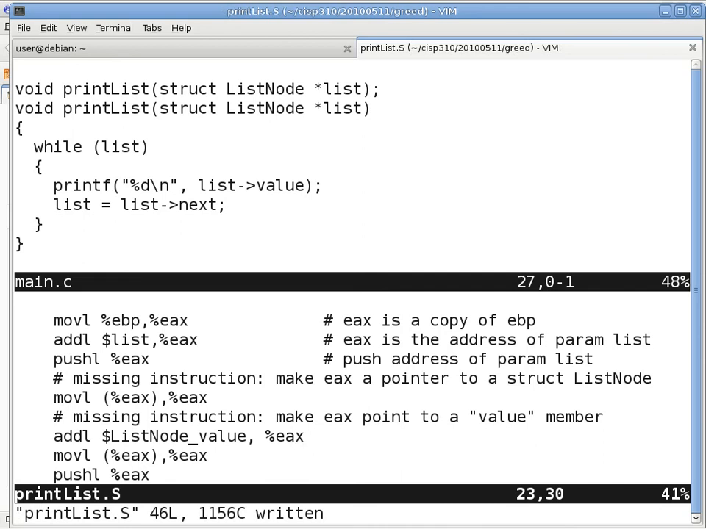Okay. So this is what you need to do with this type of question, is to track exactly which register is doing what in the program. So when I give you something like this, missing instruction, and make a particular register